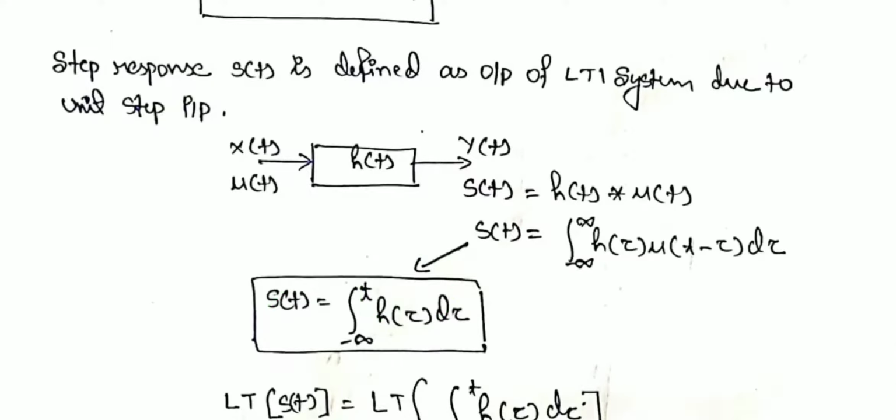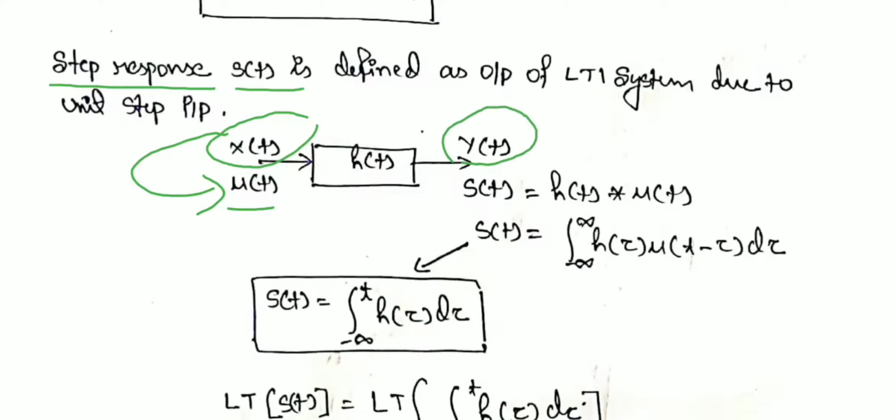Okay, next topic is step response, s(t). We have already discussed that if the input is an impulse signal and applied to the system, then the output we get is known as the impulse response. In step response, this is nothing but the convolution of the impulse response, or the system behavior, and the input, which here is u(t), the step signal. And if we convolve this and open the bracket to formulate this, then it becomes the integral from minus infinity to infinity of h(tau) u(t minus tau)